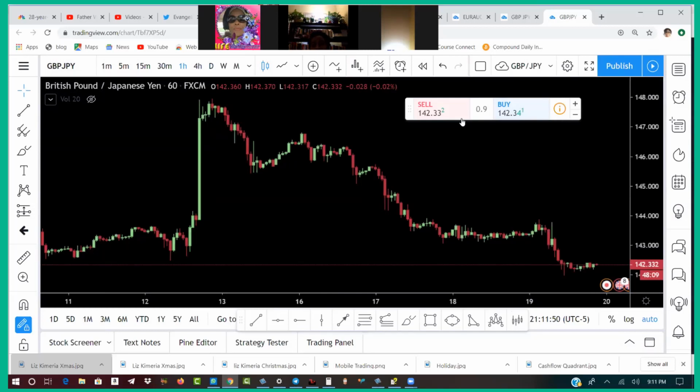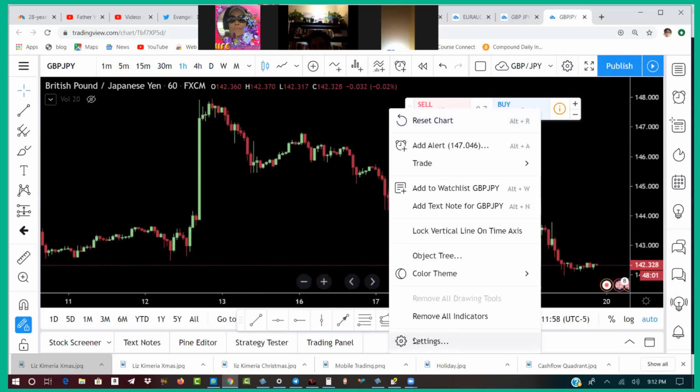And then we want to get rid of this. You go, this is your tool settings, this one here, or you can right click and go to settings. These settings are the same as these settings up here. So you click on it,